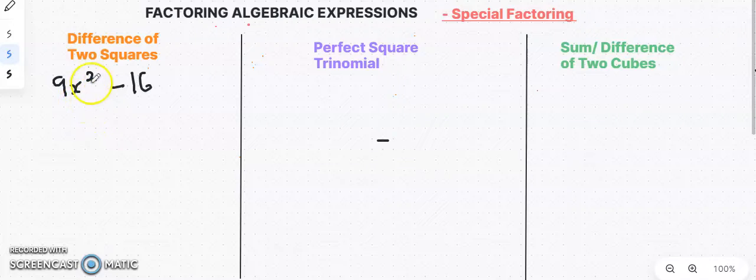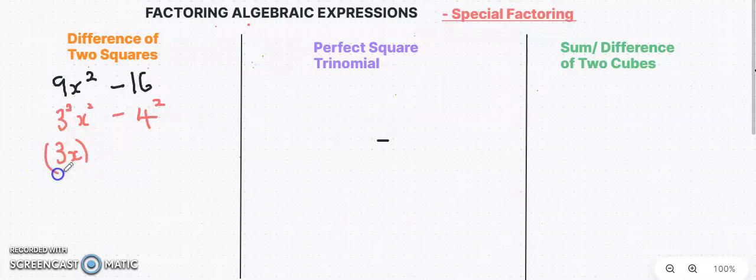So let's factorize this expression. This is the difference of two squares, and we know that because 9 can be written as 3 squared, then we have 3x in brackets squared, minus 16, which can be written as 4 squared. Now we can see that this is the difference of two squares, and to factorize,